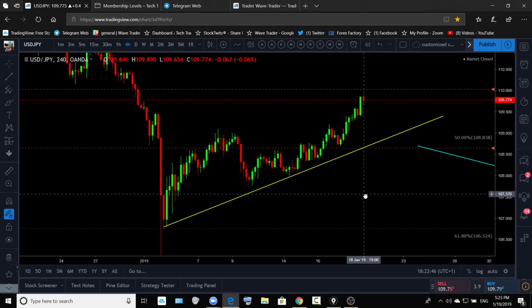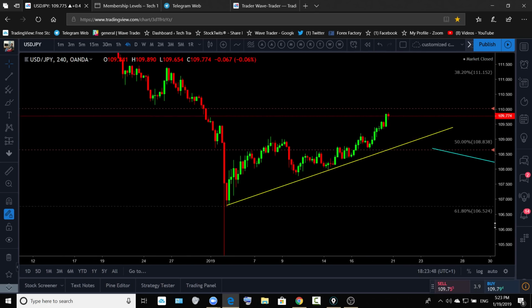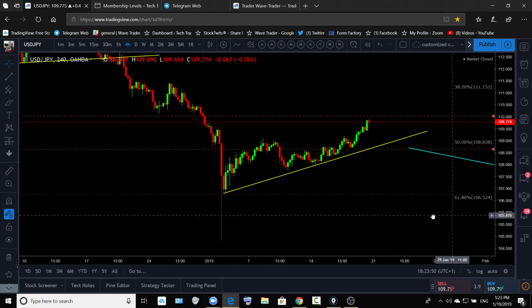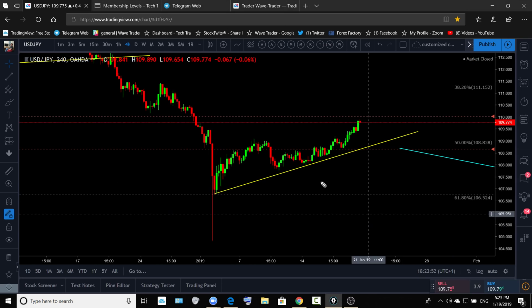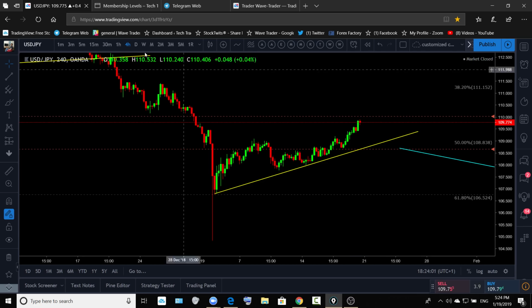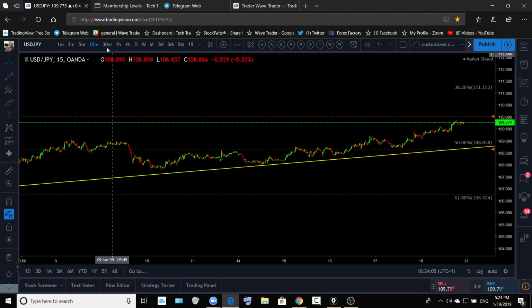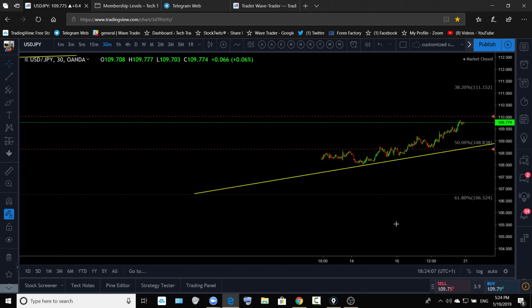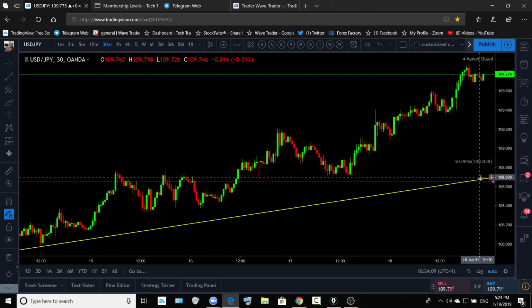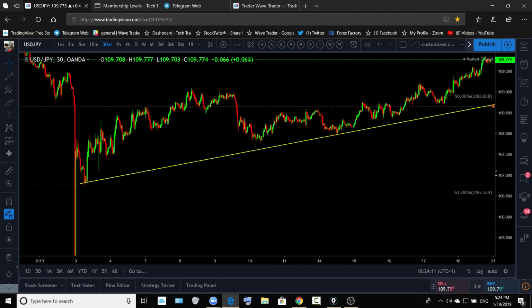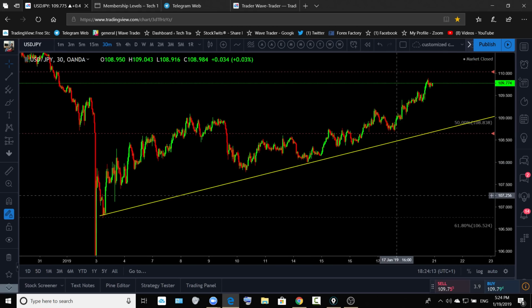The ABC move is there, the ABC move which I showed you last week. We were looking for this correction to break out throughout the week. We did not see that breakout. Price is slightly pushing up after forming corrections on the lower time frame, and it is still forming those corrections for more upside, which means it can push up a couple of pips.